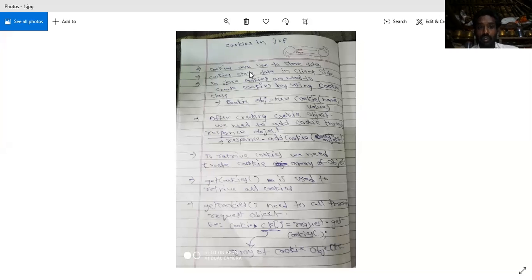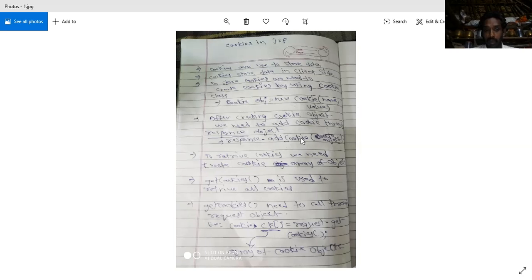Whenever we are storing cookies in servlets or JSP, we need to create a Cookie class object, and it takes two arguments. One is the name of the cookie, the second is the value of the cookie. After creating the cookie object, we need to add the cookie by using the addCookie method.